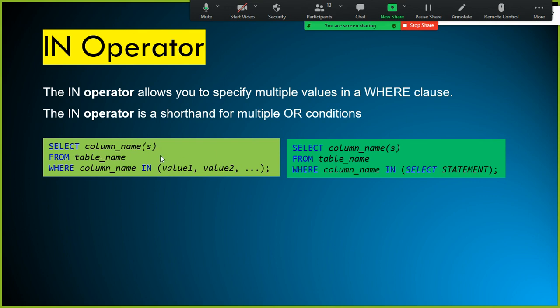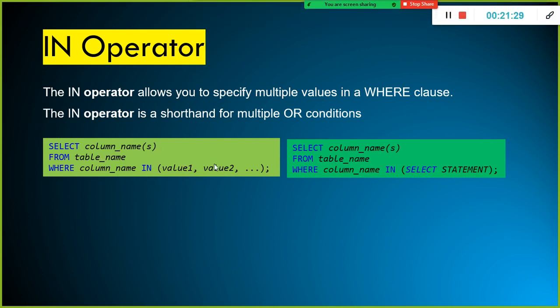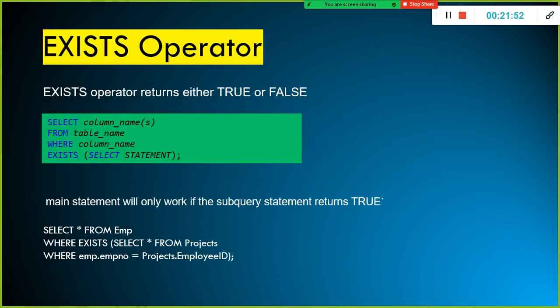Otherwise, where job is equal to sales or research, you need to use multiple OR conditions. Instead of using the OR operator, you can use the in operator. That is the advantage of the in operator.